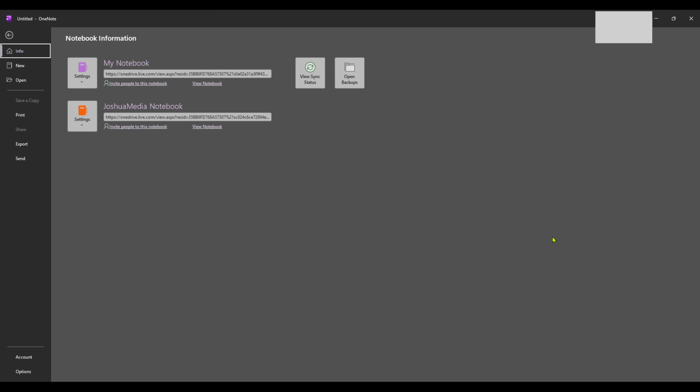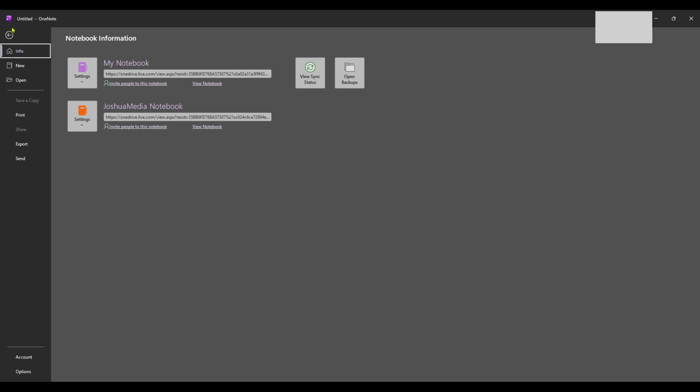First things first, you'll want to open the OneNote app on your device. Whether you're using a Windows PC, a Mac, or any other device, you're likely to find the application installed, as it's part of the Microsoft Office suite. Just look for that familiar purple icon and click it to open.